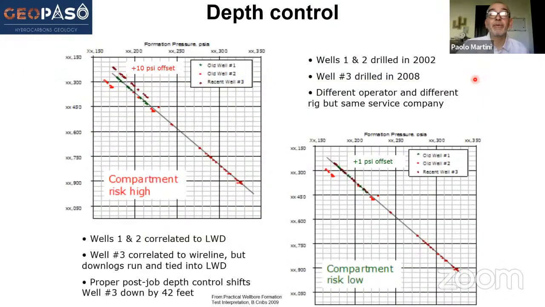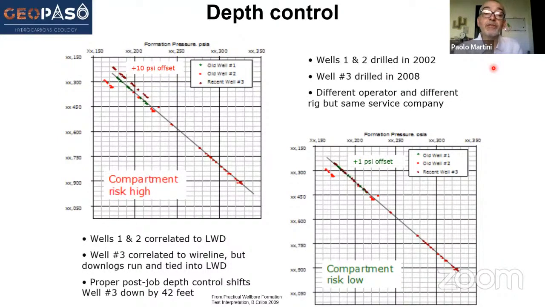This is an example of 3 wells. So the first 2 were drilled in 2002. This is from Deepwater Gulf of Mexico. The third one was drilled later, 6 years later,